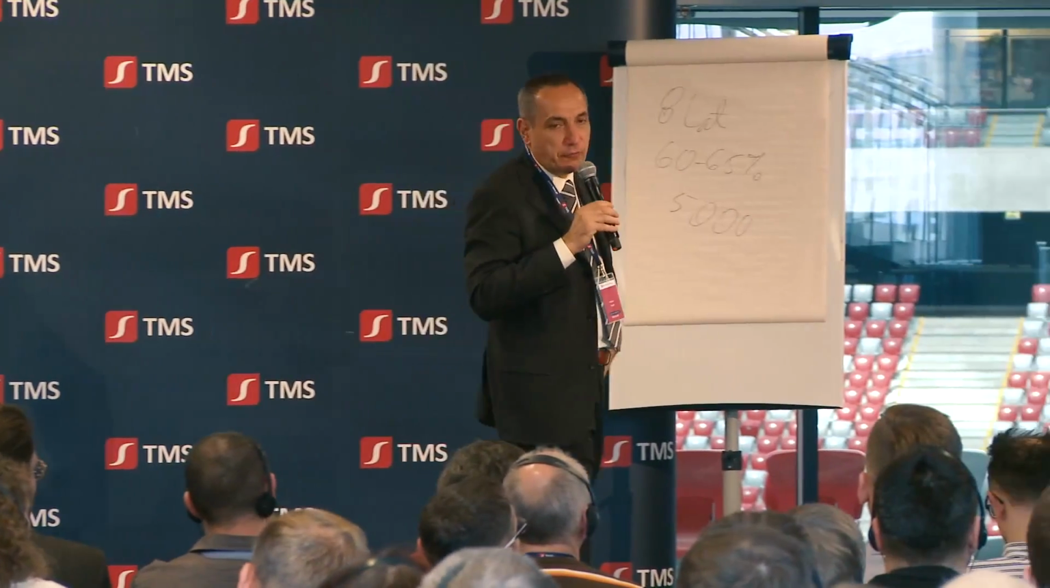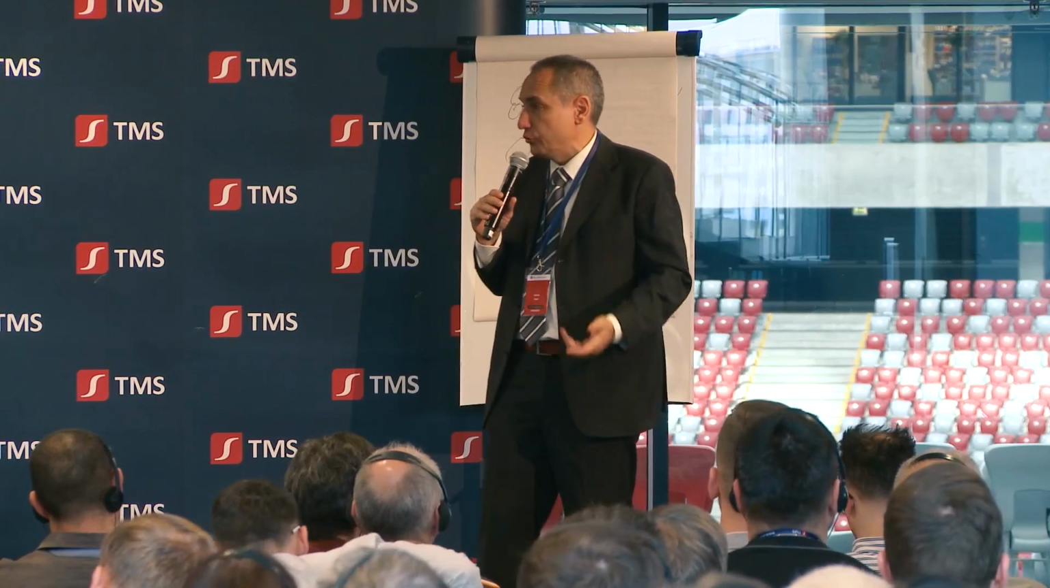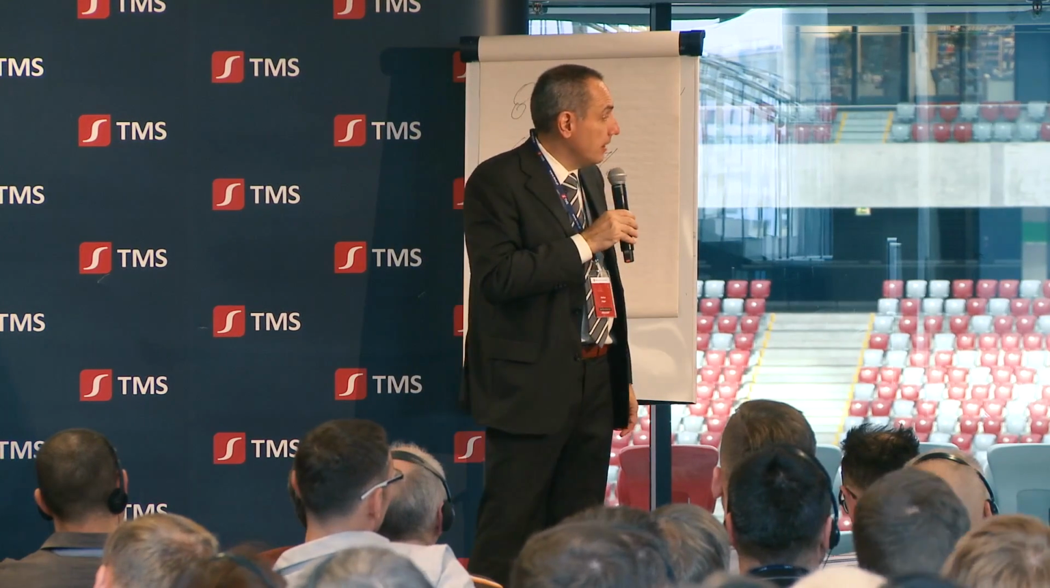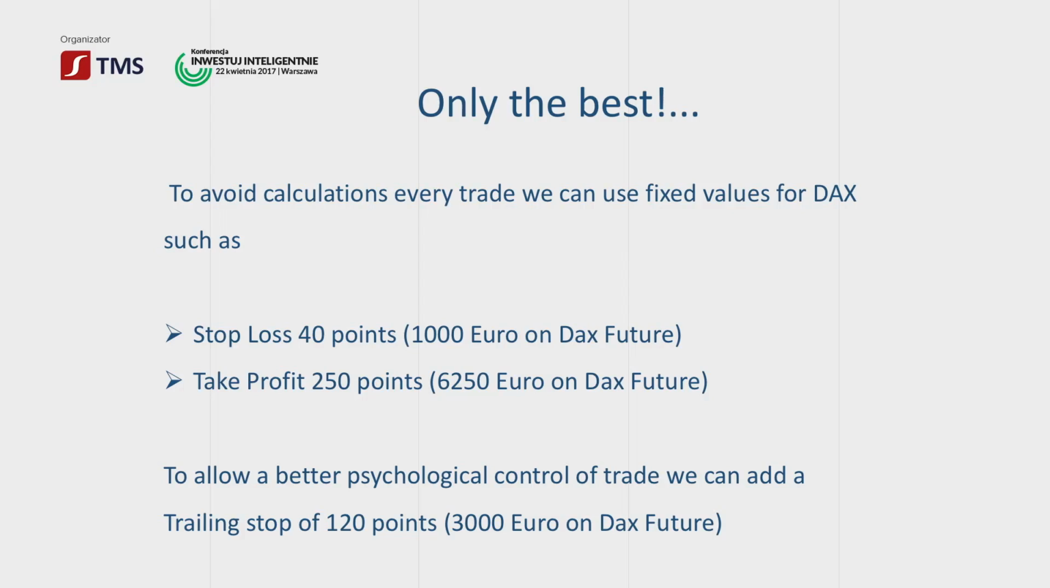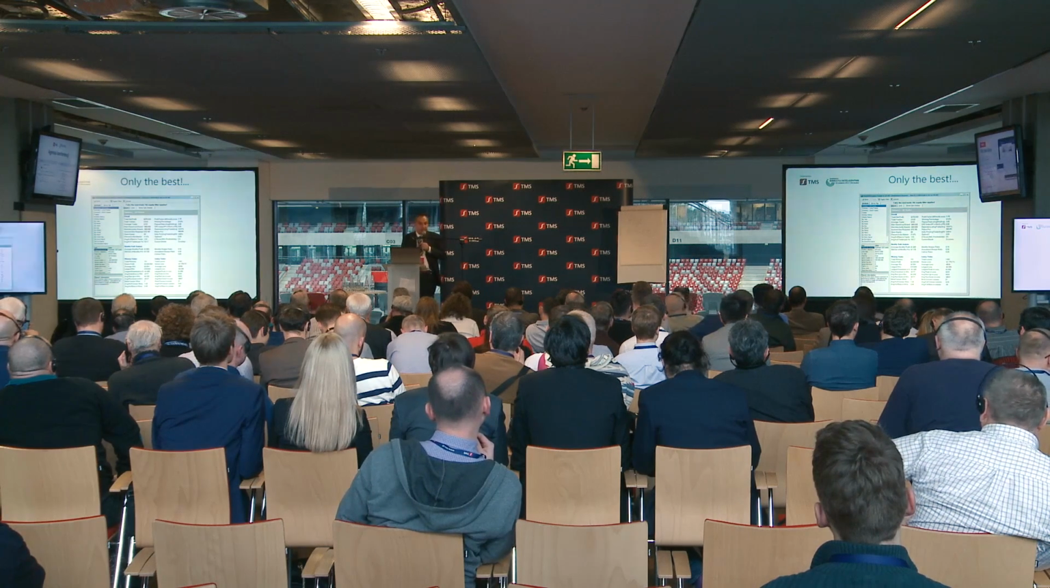We have a stop loss of 40 points, which is equivalent to 1,000 euro on the DAX future contract. Take profit of 250 points, which is equivalent to 6,250 euro on the DAX future. And a trading stop, which normally does not improve performance, but can help psychologically, of 120 points, 3,000 euro on DAX future. We tested with these values, and we get an even better result with